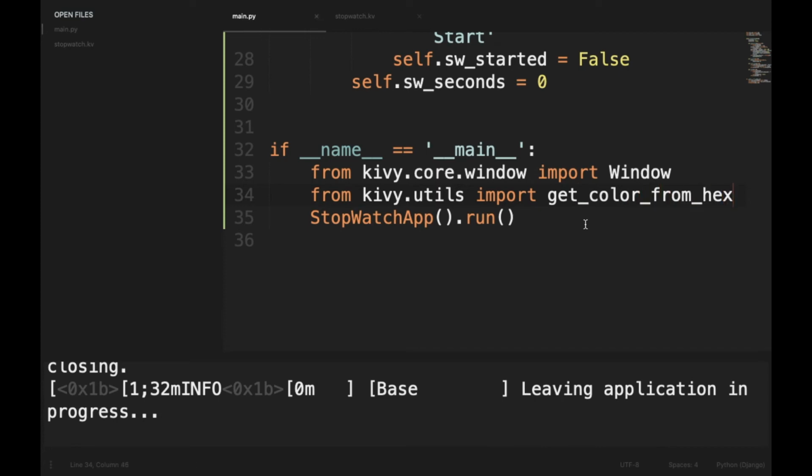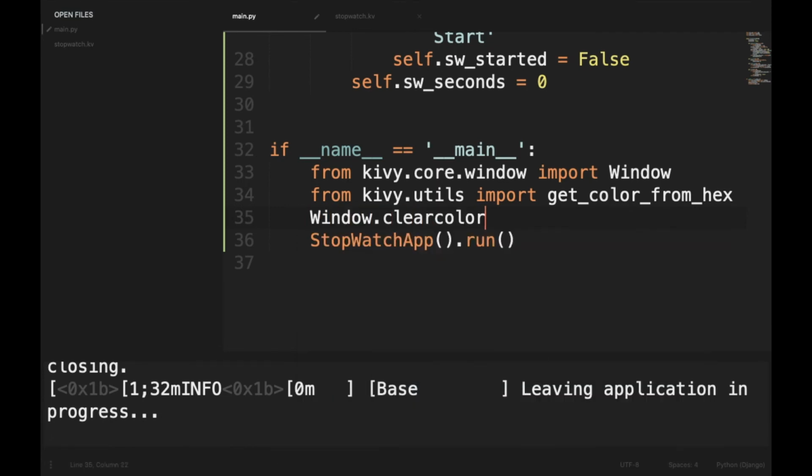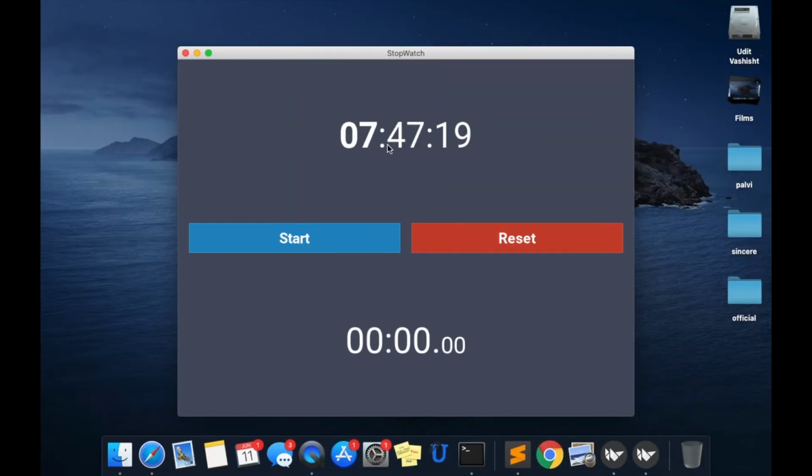Then we will do Window.clearcolor is equal to get_color_from_hex, and we'll set it as hash 4b5162, which is a shade of gray. So now we have a background color of our choice. Let's save it and run it, and now our clock has a grayish background.